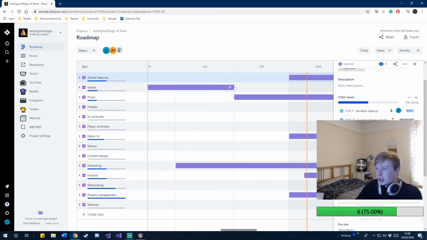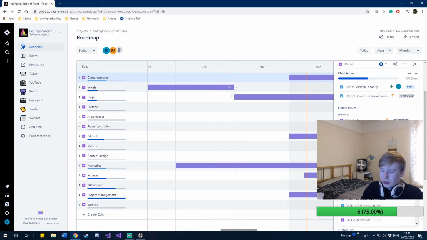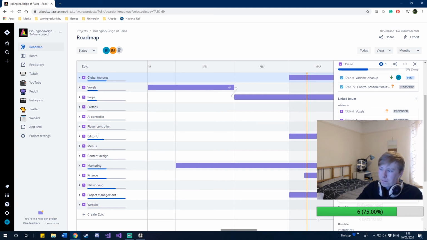This is really slowing down. I think I need to refresh this. Relates to... well, it relates to literally everything in the game really. So voxels, link, relates to props, link, relates to prefabs, link, relates to